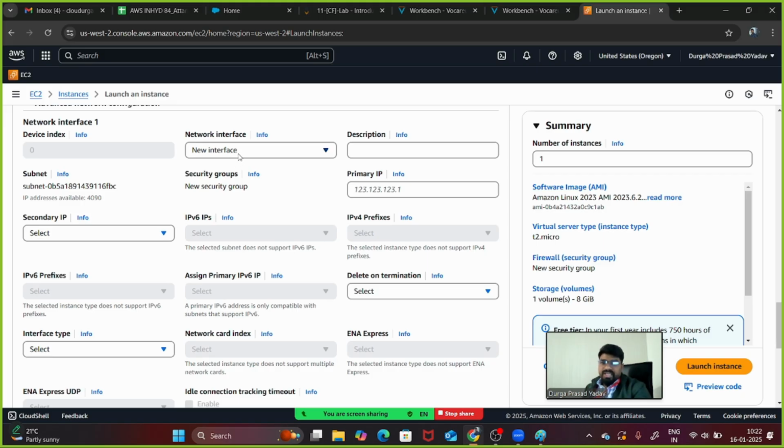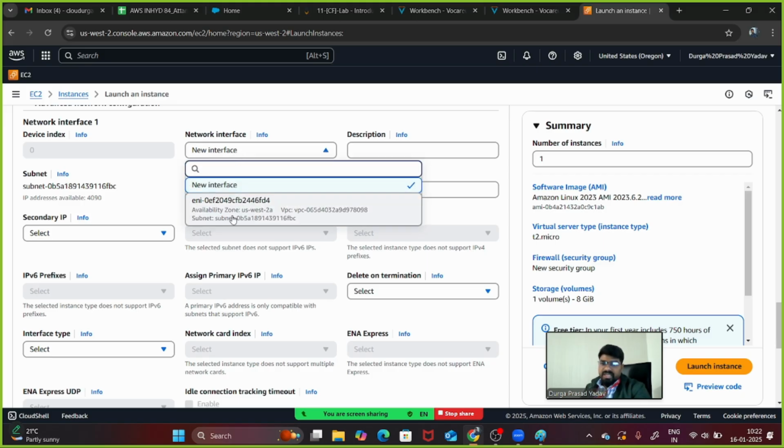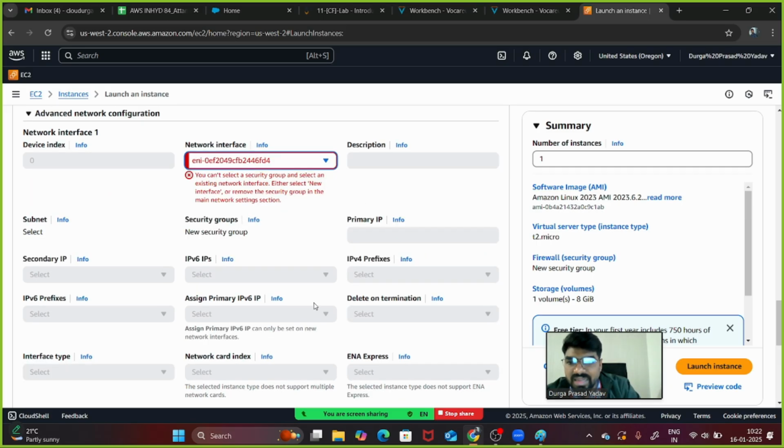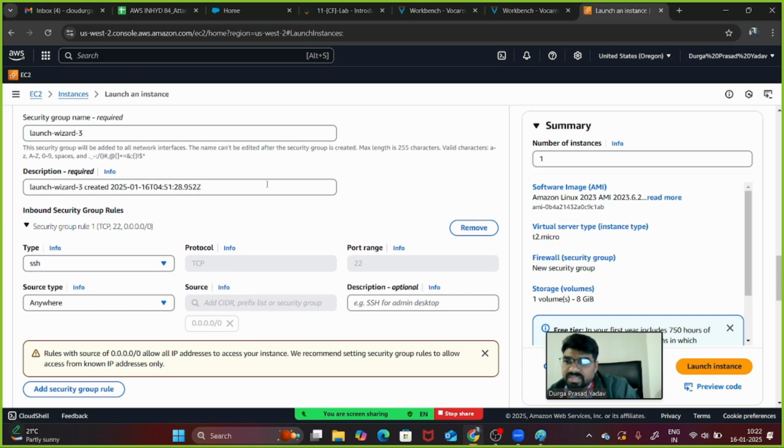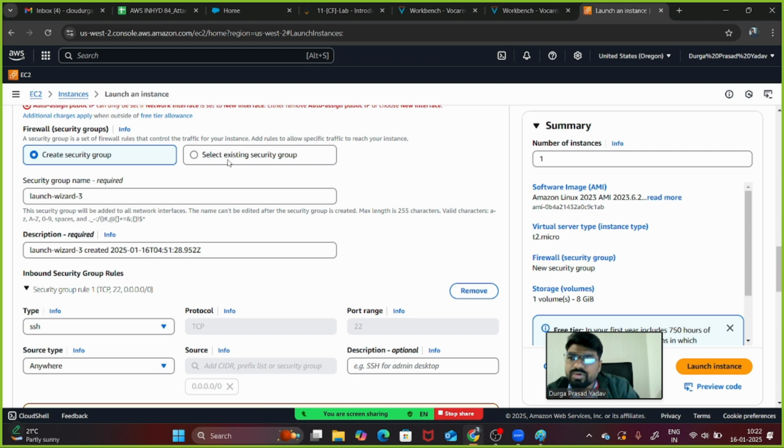If you search here, this is the network interface which we have created. If we need to add that network interface, we can click here and add it. It is telling us you can't select a separate security group, so we can just go back.